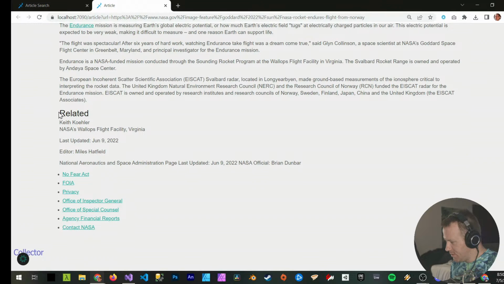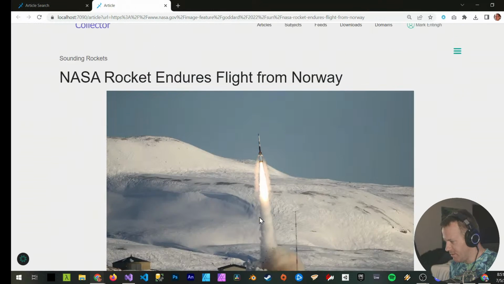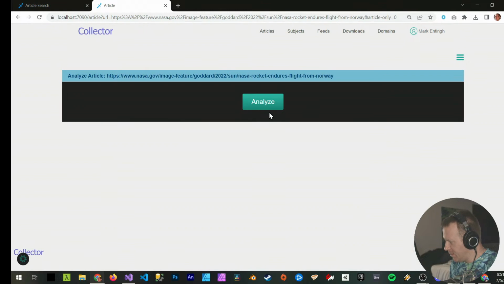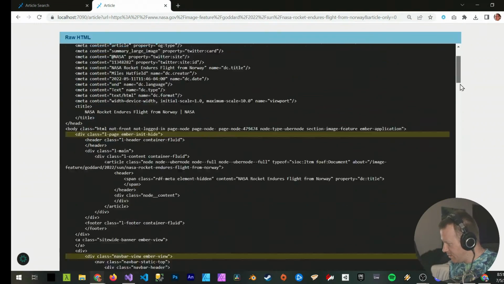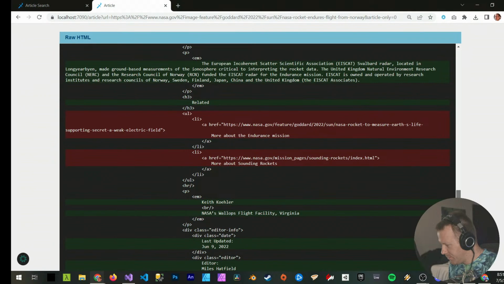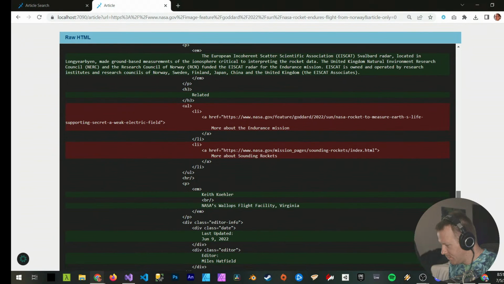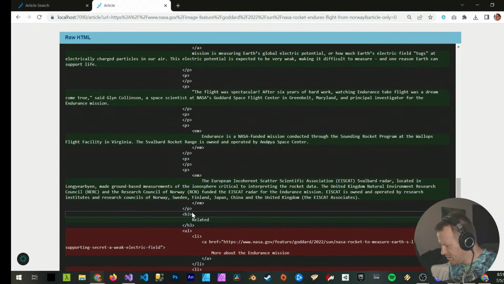But there's certain things like that I don't want to be part of the article. Also, this stuff, what is that? I don't want any of that. So what do I do? I go to my analyzer, I analyze the page, I look at the raw HTML. In the HTML, I look for that related. There it is. Okay, so,